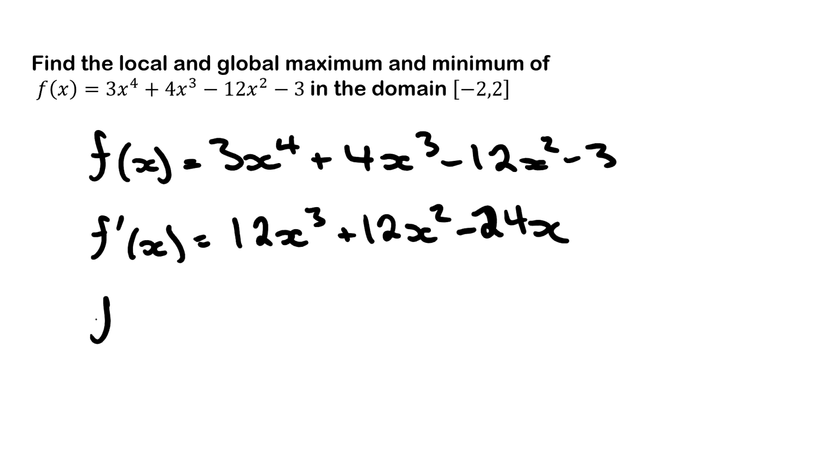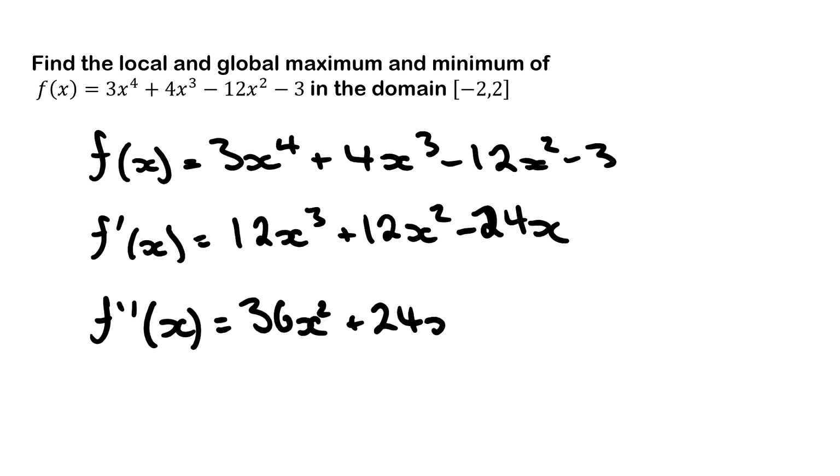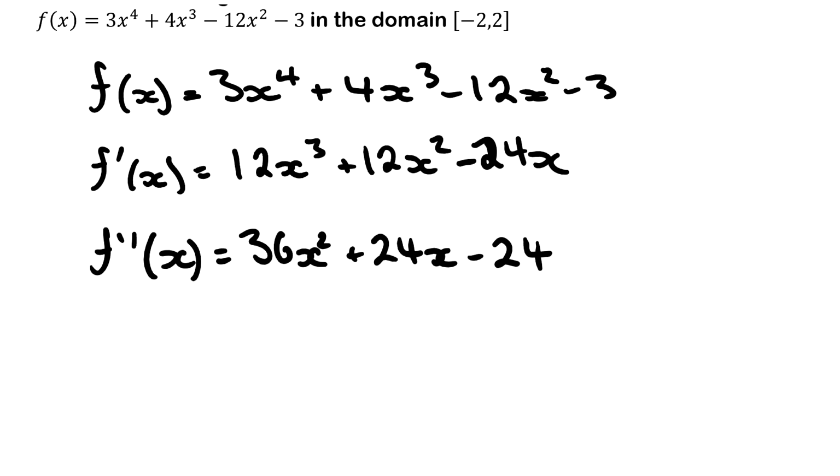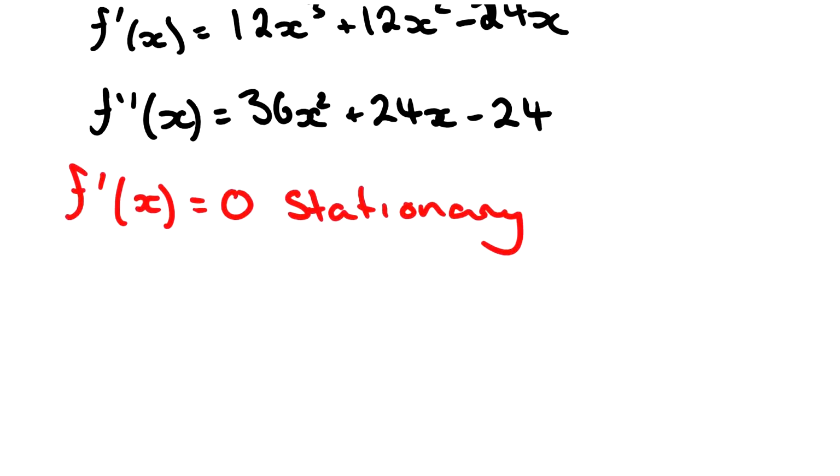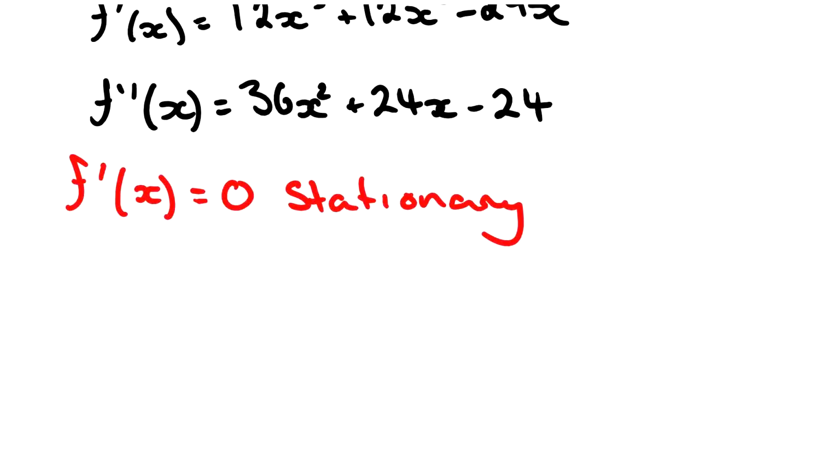Find our second derivative while we're here. Alright, now we need to find our stationary points, and again, stationary points are when the first derivative equals 0. So now that we've got that, we can find these. So we know that